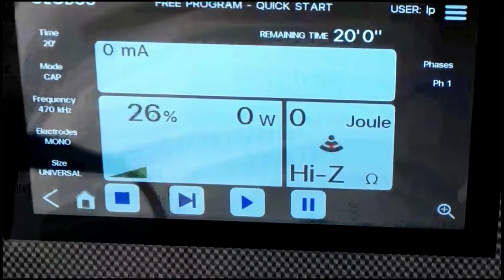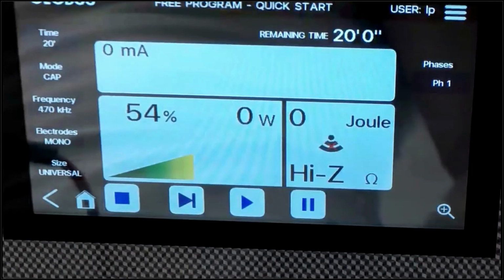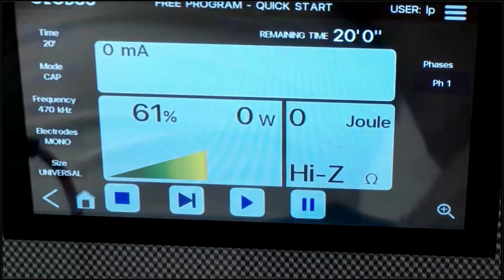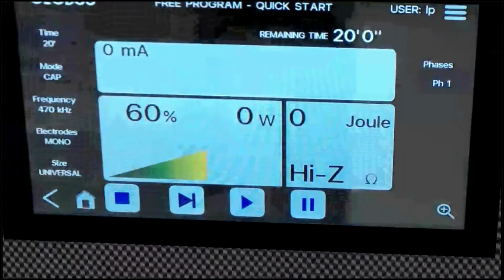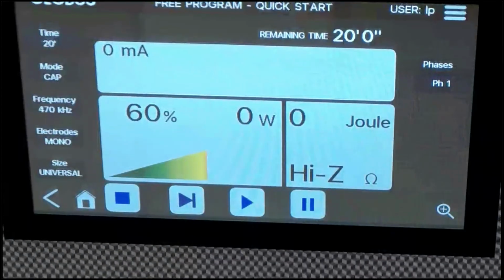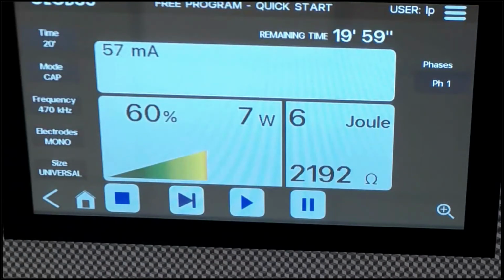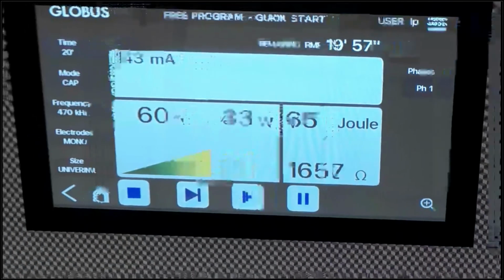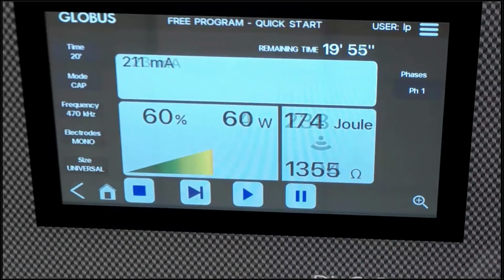So free program, quick start. I put capacitive. Let's start with 50–60%. Federica is very well hydrated. It has a perfect conduction. Okay, so what I'm doing right now is promoting an increase of vascularization on the posterior part of the capsule, so teres minor and